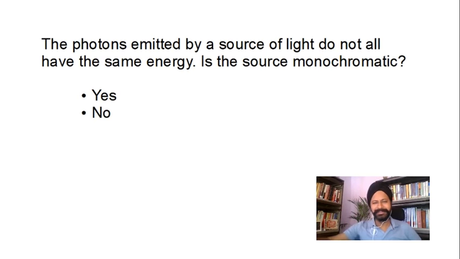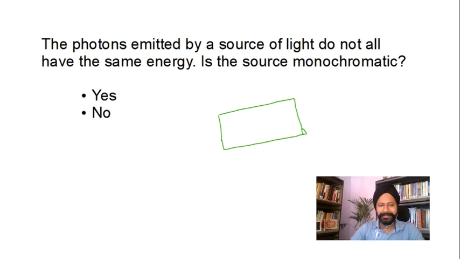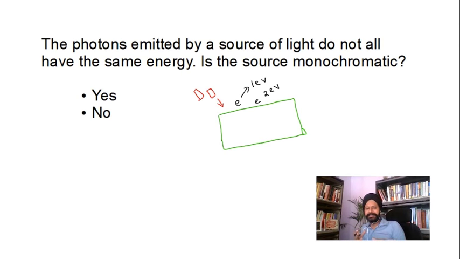Thank you for the responses there. So photons emitted by lights do not all have the same energy. Before I answer that question, let's see what's going on here. There is a metal here and there are photons falling on this. Now it says some electrons come out with more energy, let's say 1 electron volt. There's another one which is coming out with 2 electron volts. Now don't you think these photons had different energies, and that is why? There are two ways to look at it. So let me explain completely.